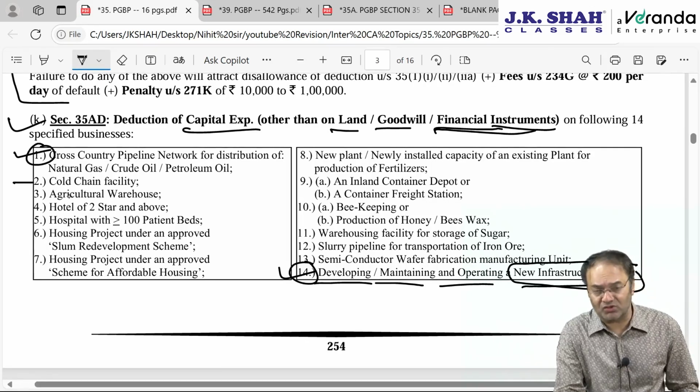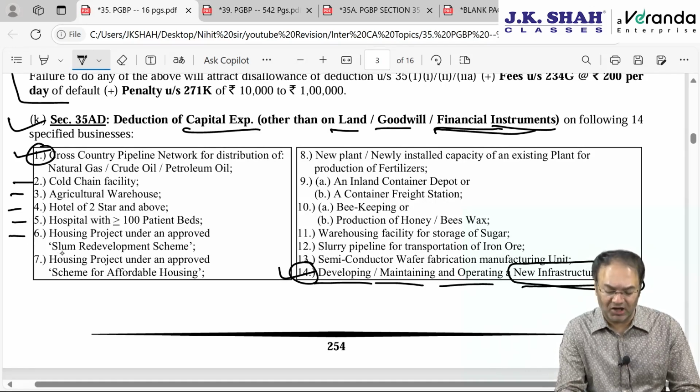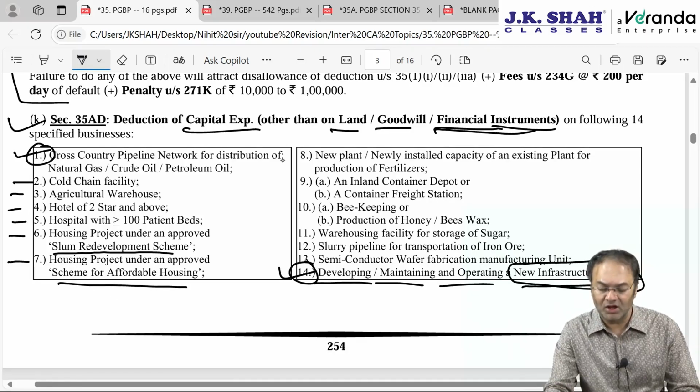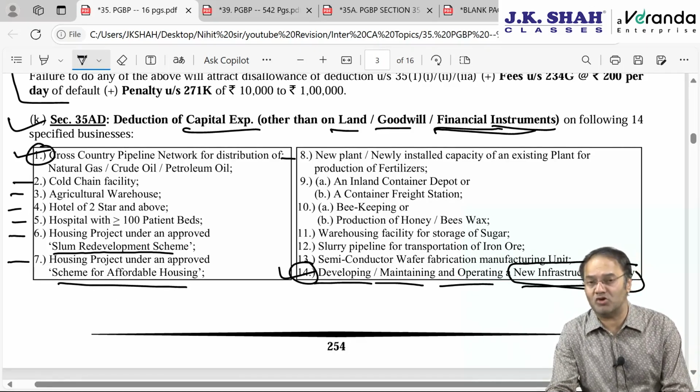Cold chain facility is the next one. Then warehousing facility for storage of agricultural products, hotel of 2-star and above, hospital with 100 patient beds and more, housing project under slum redevelopment scheme, housing project under affordable housing scheme, new plant for manufacturing or production of fertilizer,